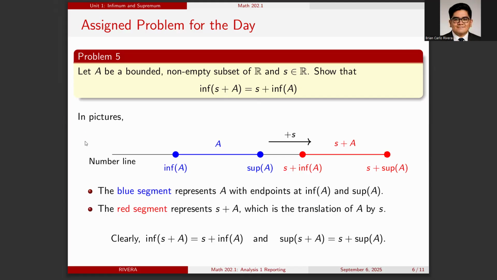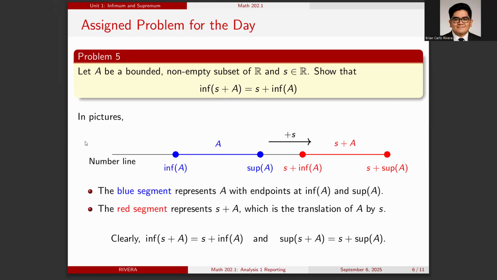It's hard for us to think of it just by seeing the problem. In analysis, it's good to draw pictures, and I took the liberty to illustrate it in this example. The blue segment is set A, and the red one is S plus A. The blue segment represents A, and the endpoints are the infimum and the supremum respectively, and the red segment represents S plus A, which is a translation of A by S